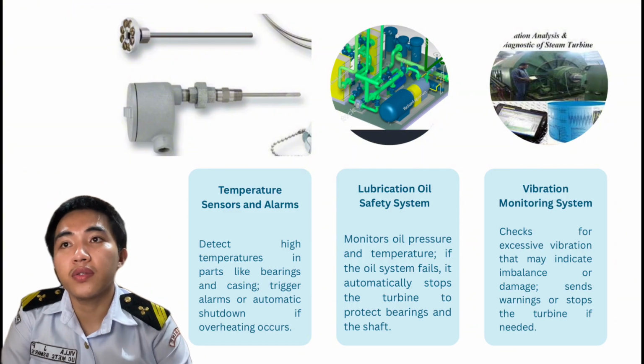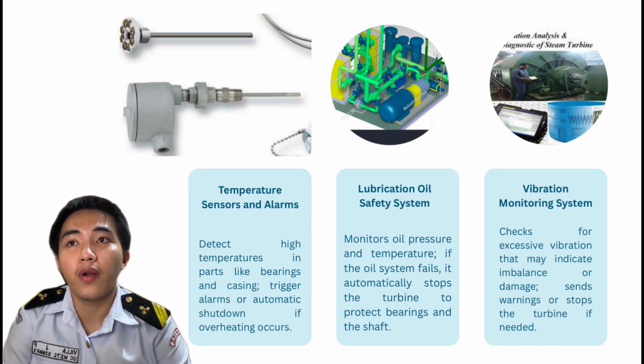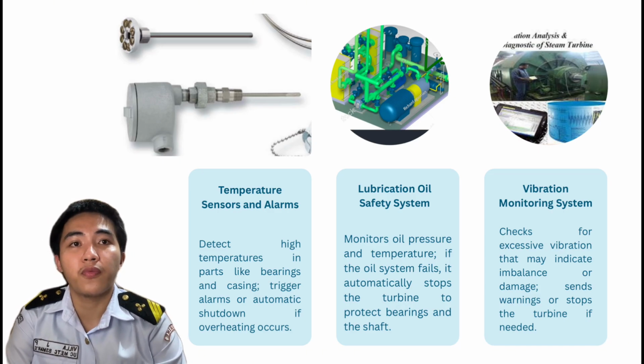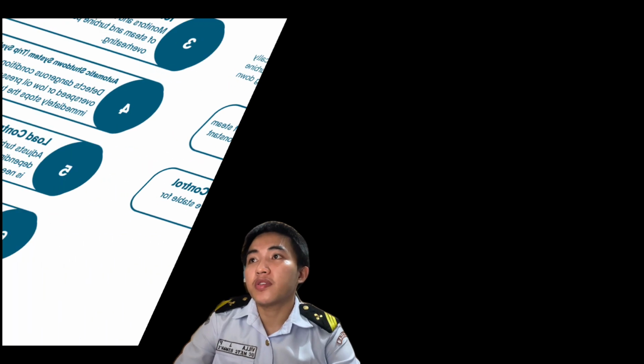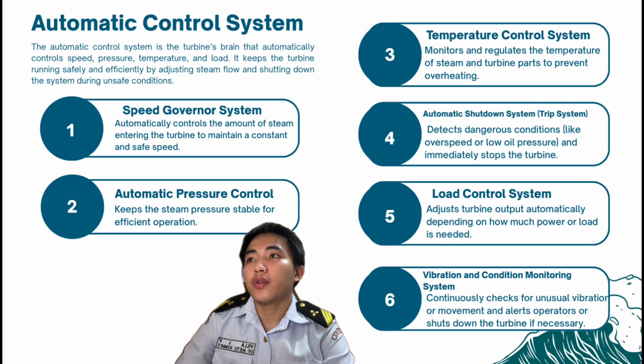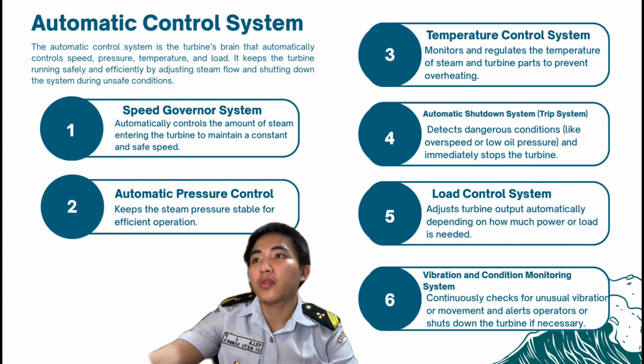So safety devices protect the turbine from danger. They stop it from running too fast or under too much pressure. This part helps avoid accidents and damage. So next is the automatic control system. The automatic control system is the turbine's brain that automatically controls speed, pressure, temperature, and load. It keeps the turbine running safely and efficiently by adjusting the steam flow and shutting down the system during unsafe